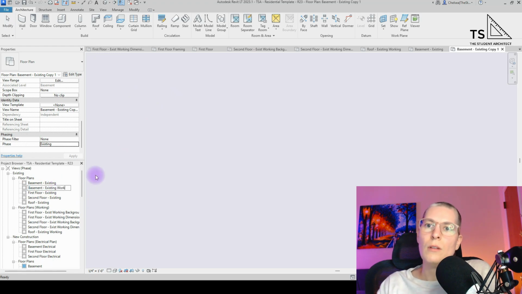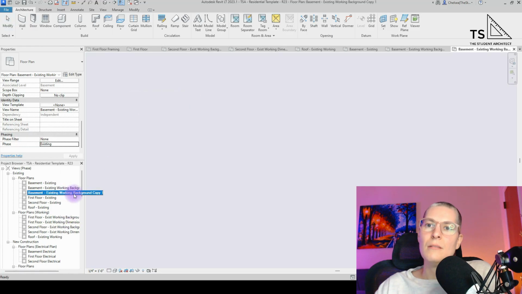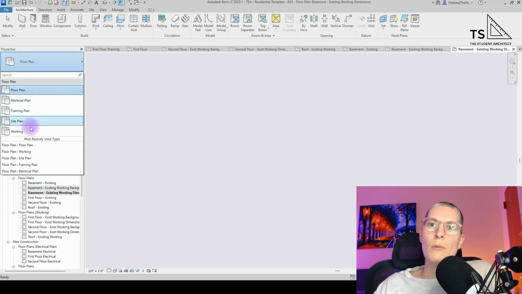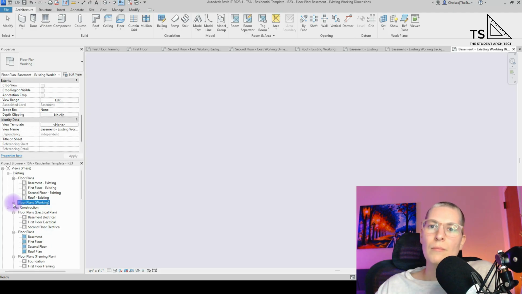Call this working backgrounds. Rounda. And then existing dims. Select both of those, put them in working. And then again, I just love the little folder grouping setup. If we don't,